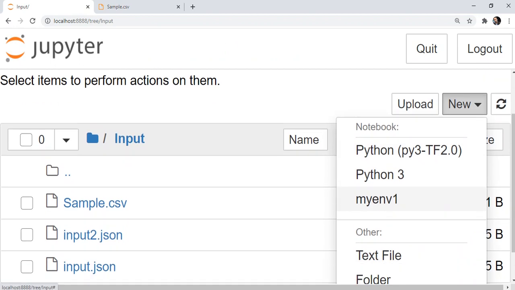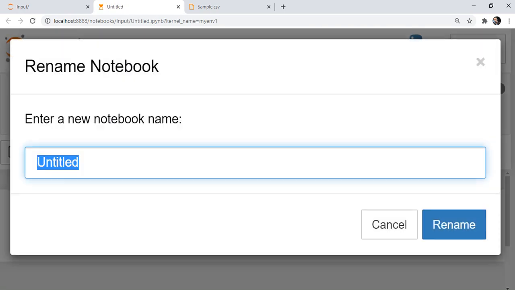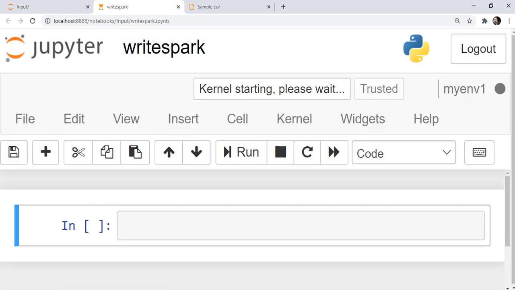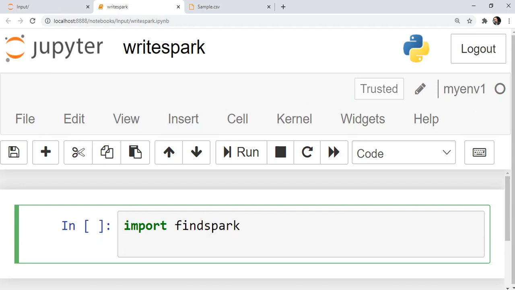create a new .py file. Let's give it the name write Spark. Just before everything else, we will do the install.